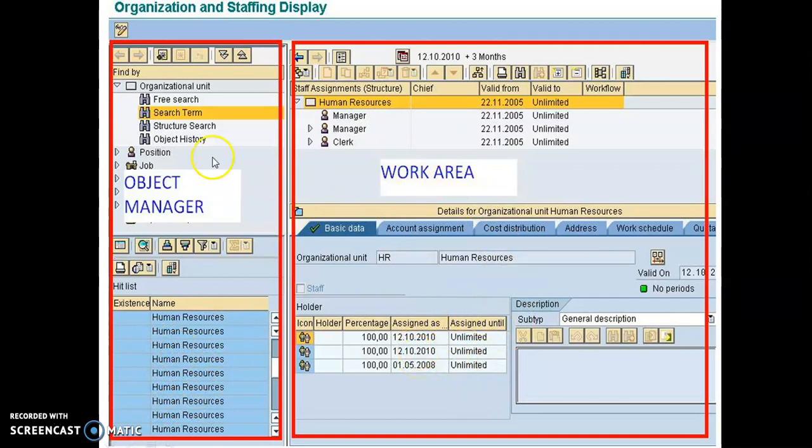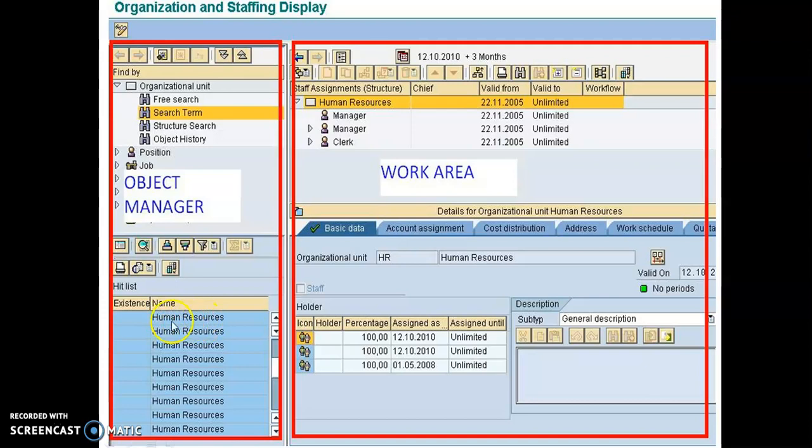I'll explain how this HR module works. First the control comes here. From here you need to search for the term, or go for the module. If I want to choose the HR module, I can choose it from here and see all the details of the HR module. That is why it is called the object manager. Whatever you choose here, that is, the HR module, appears in the section below.